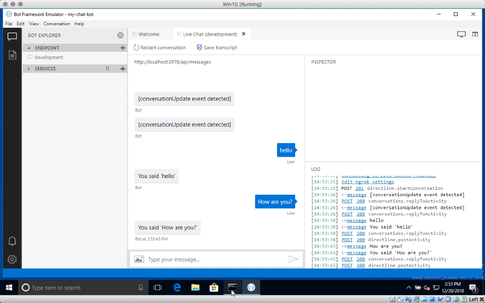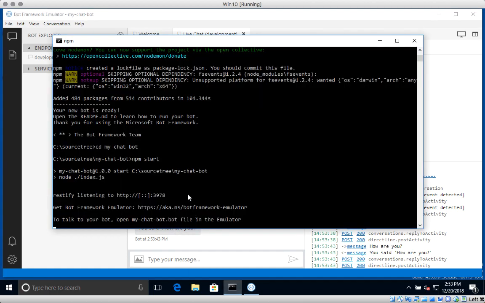Now, just on a last note, we used Yeoman and the generator for Bot Builder in order to set up our echo bot test. But the truth is, if you're following the Bot Framework series on the Agility YouTube channel, we're going to be taking a completely different approach to bot development. We are not going to be using tools like Yeoman and the generators. So if you want, we can go ahead and stop